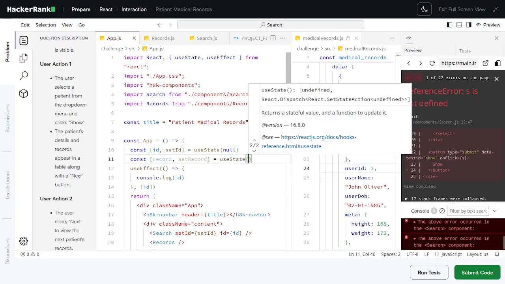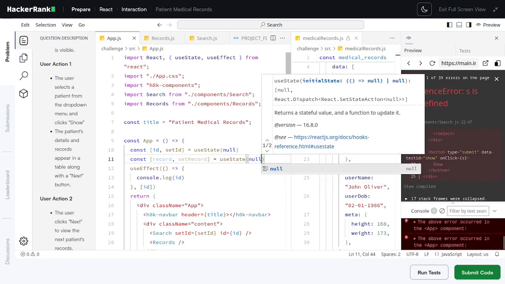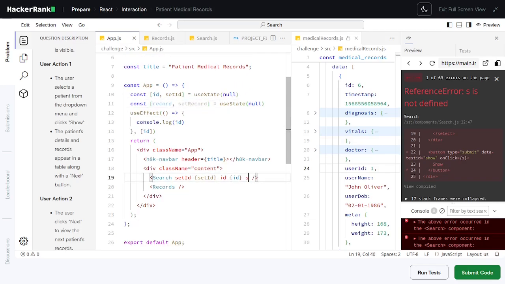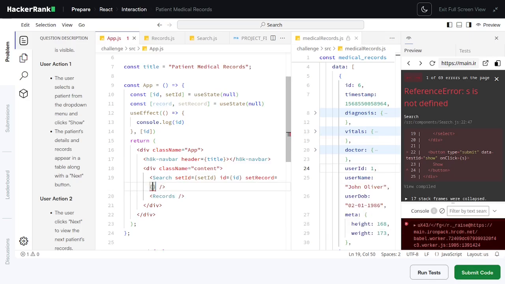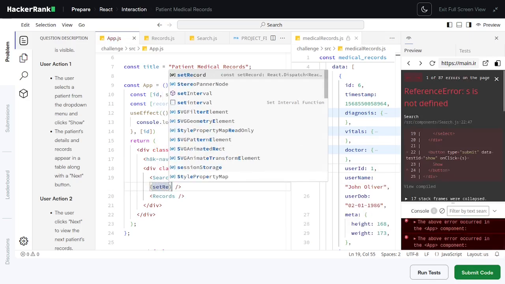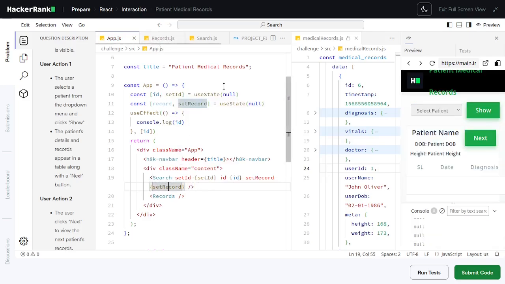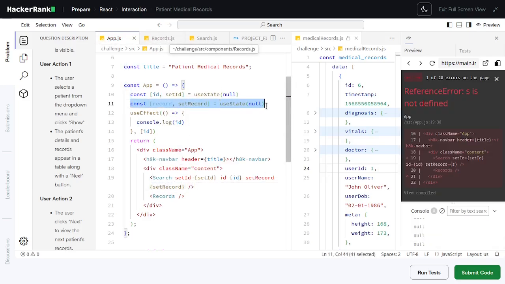For the useState, the initial value will be null, I think, and then we can change this later. For the set record, we can pass in the set record as the props, and then pass in the actual function of the useState, so the search can modify the state right here as the children,